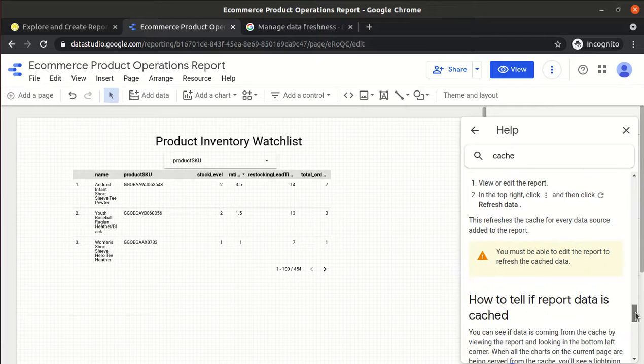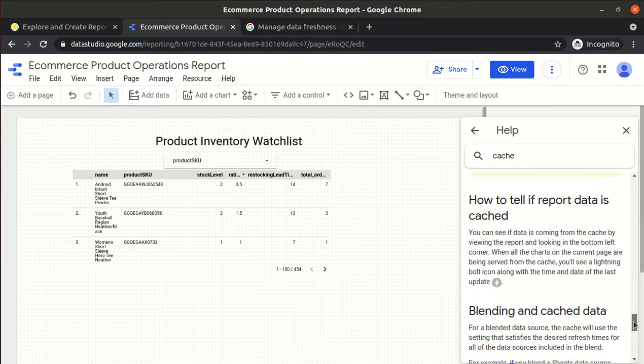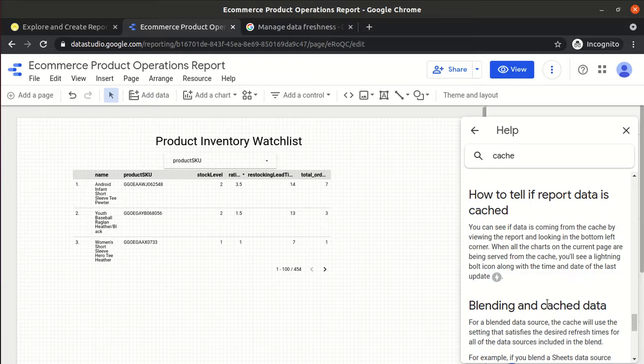That is the manual option, but where is the thunder symbol? You can see if the data is coming from the cache by viewing the report and looking into the bottom left corner. When all the charts on the current page are being served from the cache, you will see this lightning bolt.